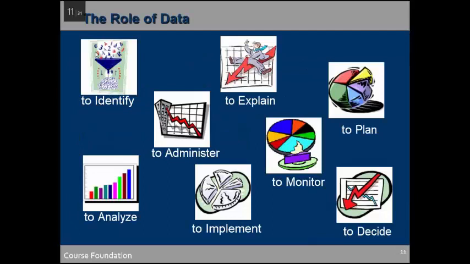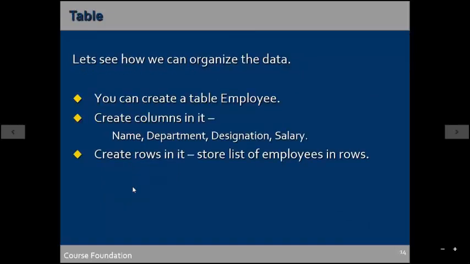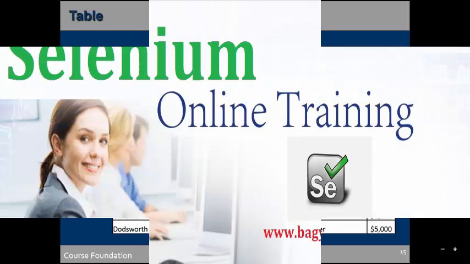So it is again the same thing that we have discussed. Here is an example given. Suppose we want to store the information about the employees who are working in the company. What all things do you need to store about your employees? You need to know their name, their department, their designation, and the salary, right? So similarly, we have done it over here. There is a table named the employee table, and under this employee table there are certain columns: the last name, first name, the department of the person, the designation in which he is working, and his salary.